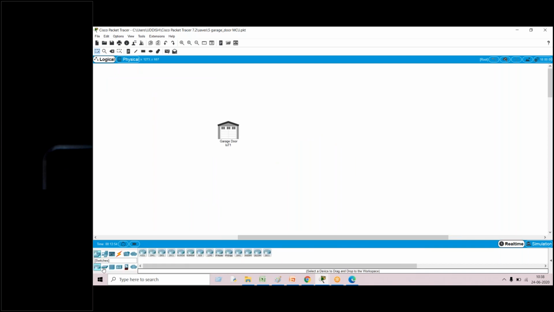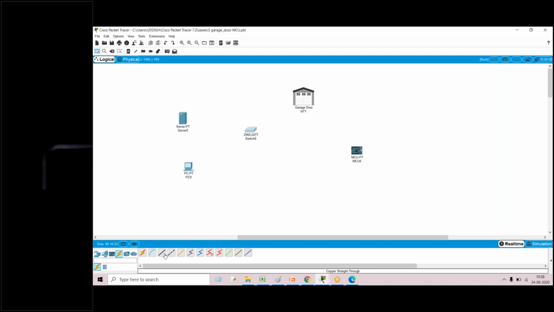Other parts I have chosen are one hub, a PC, a server, and a microcontroller, MCU. So these are the different components I have chosen, sir. Now I'll go with the connections.